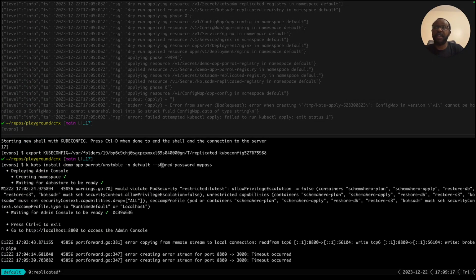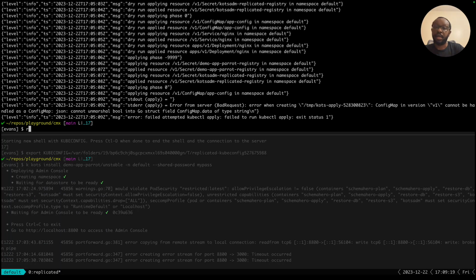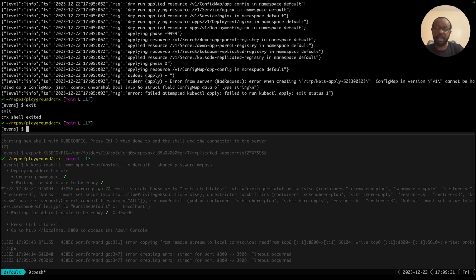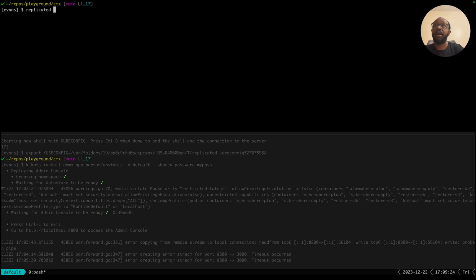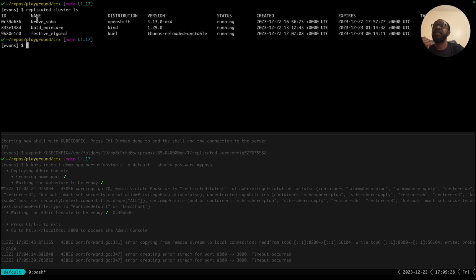CMX. Now here we have a cluster. Let's exit from this cluster. As we're in the same shell, I managed to create a cluster, which is right here, an OpenShift cluster. I do have a few other clusters. So this is a curl cluster, and this is a cluster I created